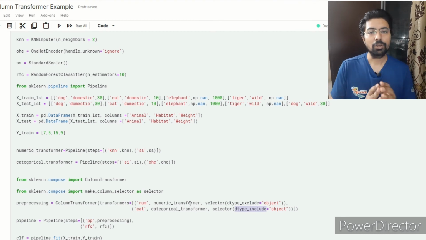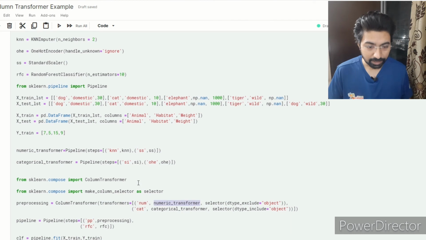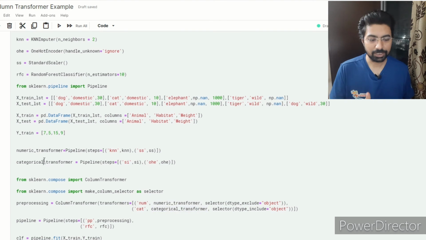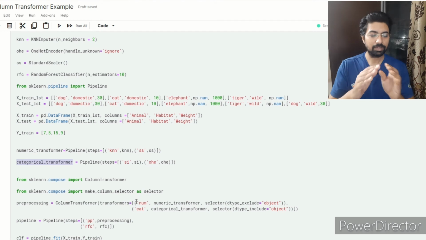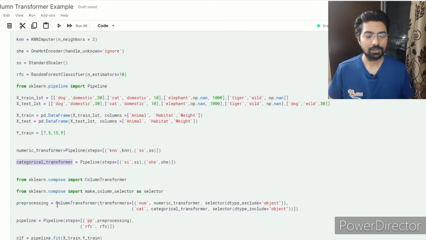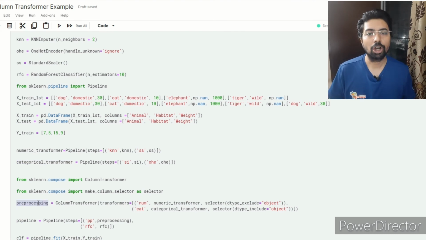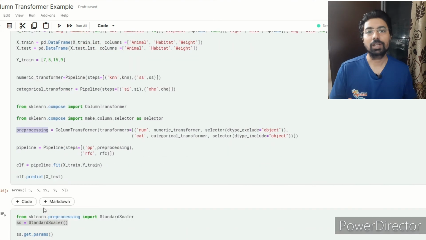And then I have created my numeric transformer and the categorical transformer. That is actually defined here, and I just used it for the numerical multiple transformation, and for my categorical transformation, that pipeline I have defined here, so I just use it for the categorical data. So then these two transformation pipelines will be in a list of transformers. That is how you can define the column transformer. Then I just name it as the preprocessing, giving a name to the column transformer.